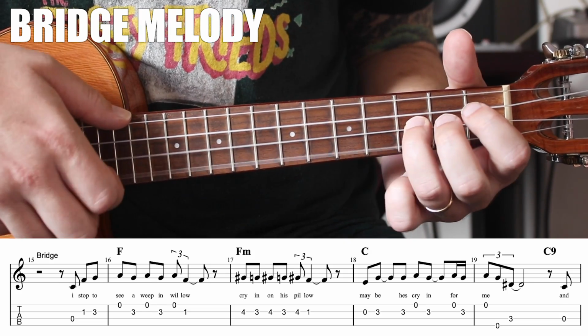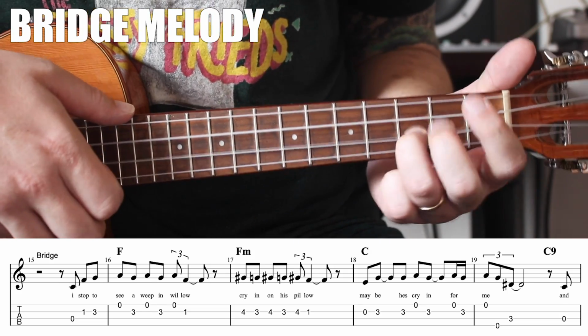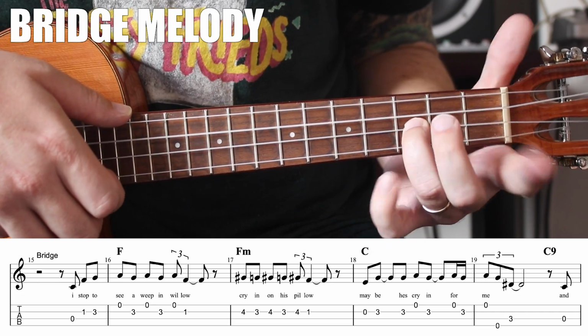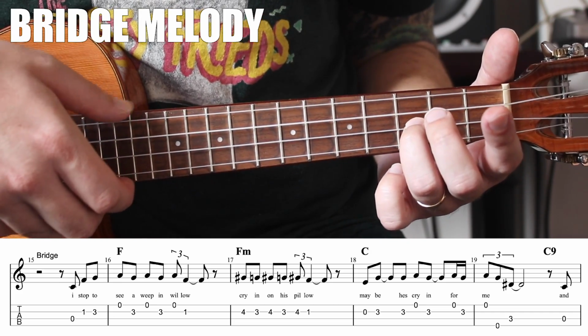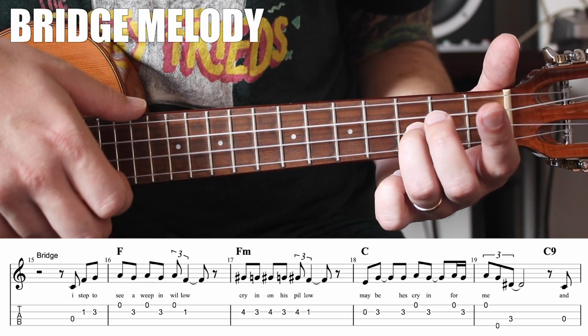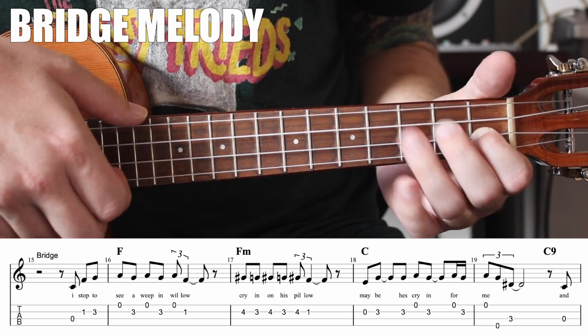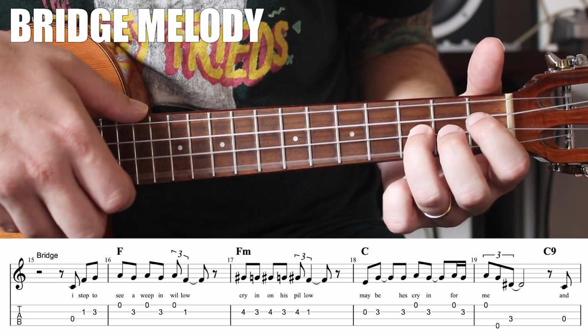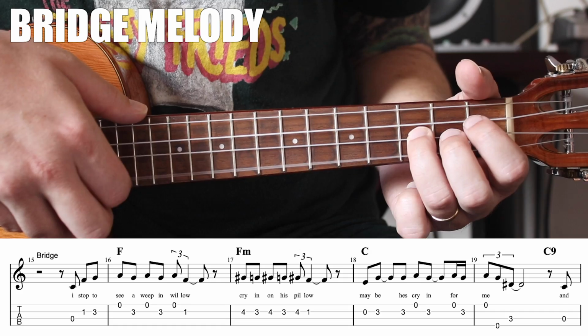I stopped to see a weeping willow. Open C string, first, third fret on the E. Then you keep that ring finger down, and using your middle finger on the A, index on the E, open A, third fret, open A, third fret, open A, first fret. I stopped to see a weeping willow,